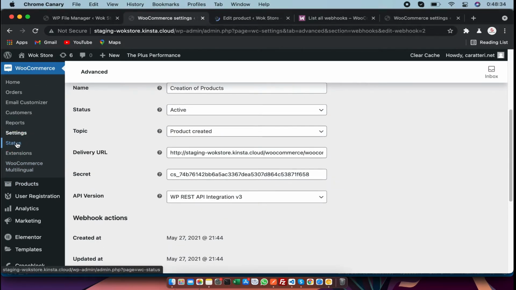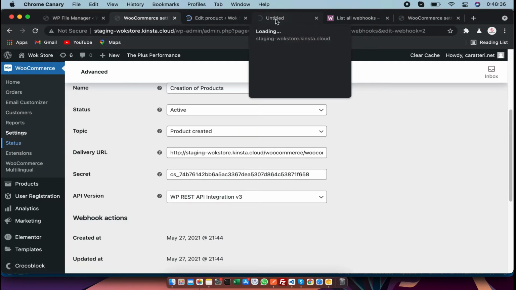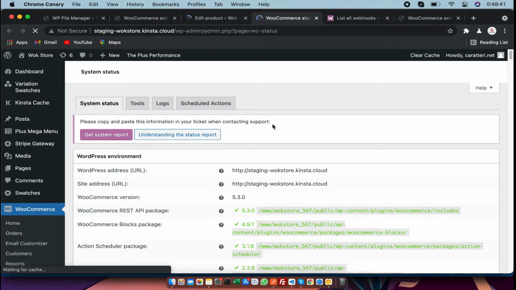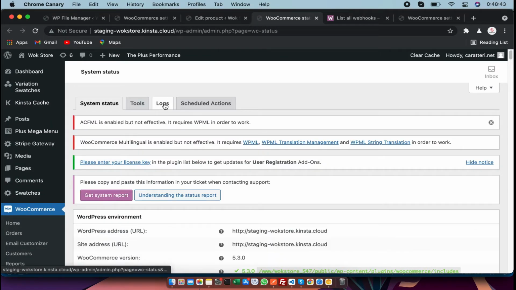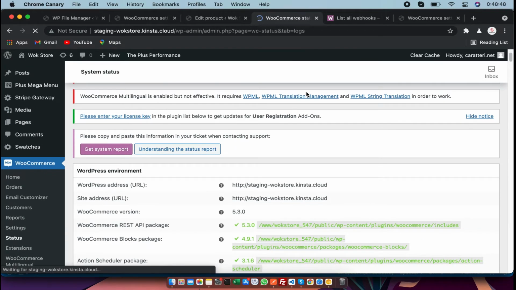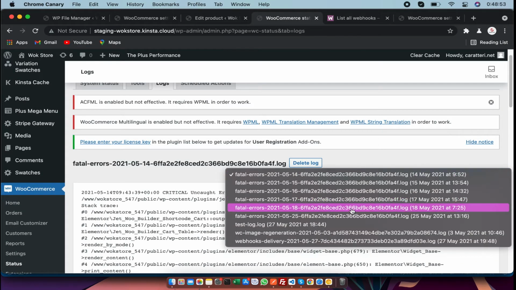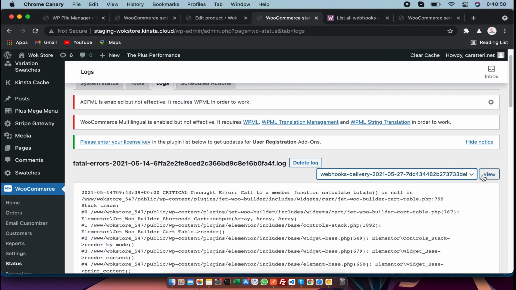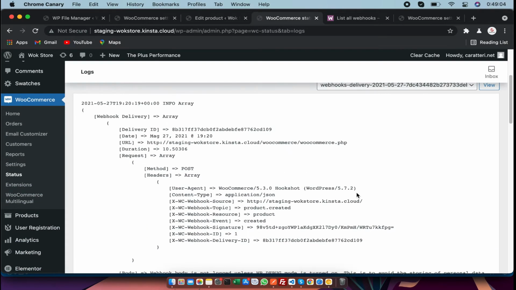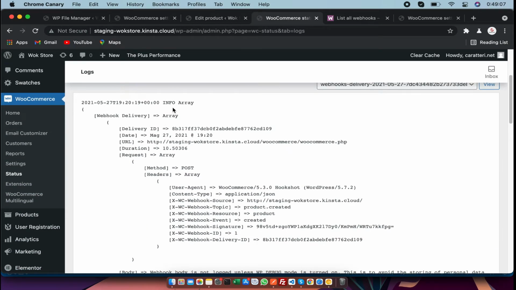Just go into the WordPress status, hit the logs file, and in the logs here is a webhook created. As you can see in the log, this is how you can test a webhook.